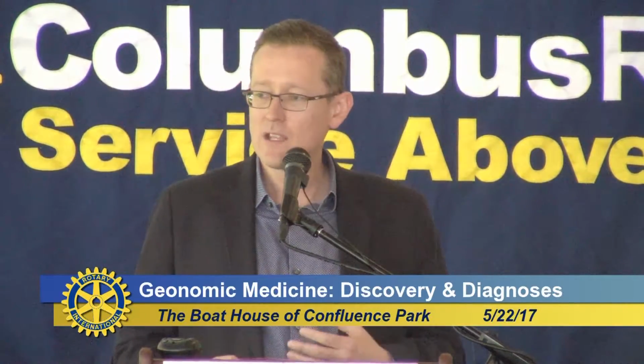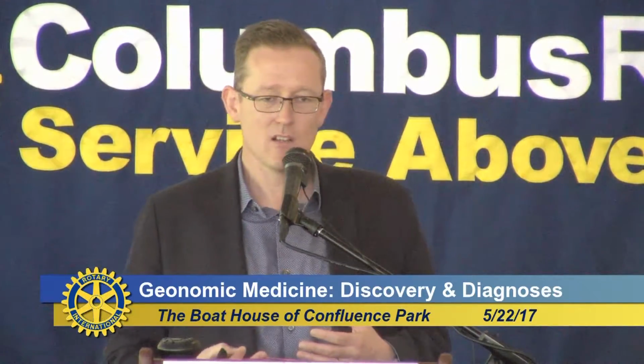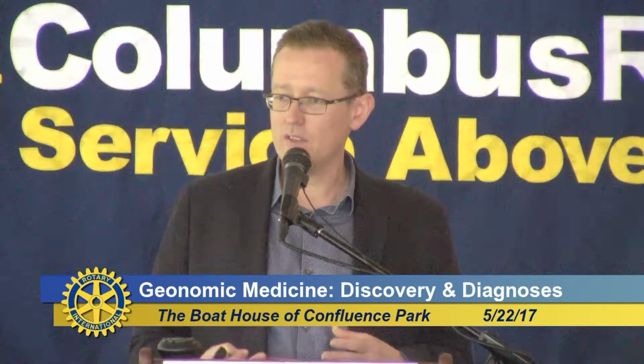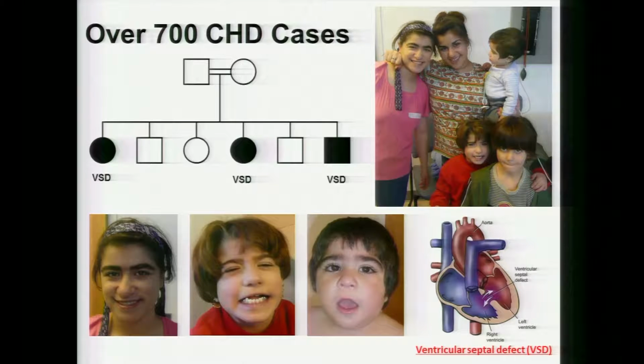And so myself and my colleagues, Kim McBride, who's a geneticist, and Vidhu Garg, who's a cardiologist, have been funded by the National Institutes of Health for the last 5 years to look at families and use this next generation sequencing technology to see if we can find genes that are uncommon in patients that have a heart defect. We've been fortunate enough to sequence over 700 different cases, and this is a photograph of